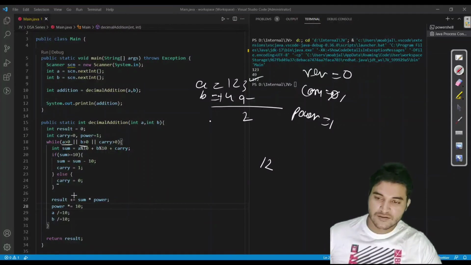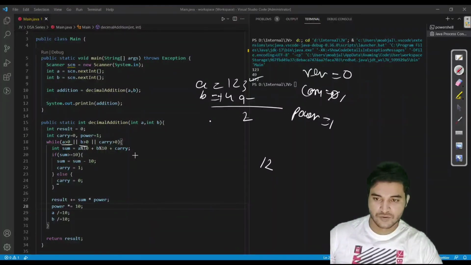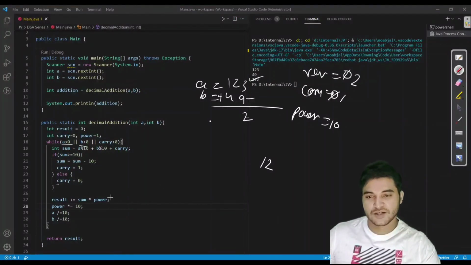So power is 1, sum is 2 and carry is 1. So 1 into 2 plus 0, because initially the result was 0, you would get 2. Now these numbers are reducing and power is now 10, because 1 into 10 is 10. We are multiplying power with 10 each time.